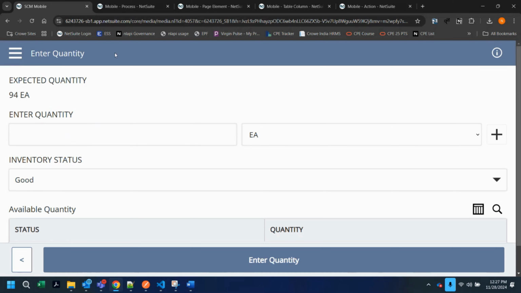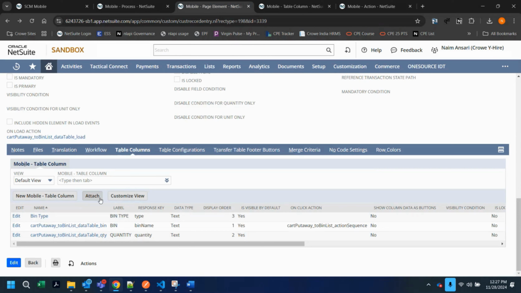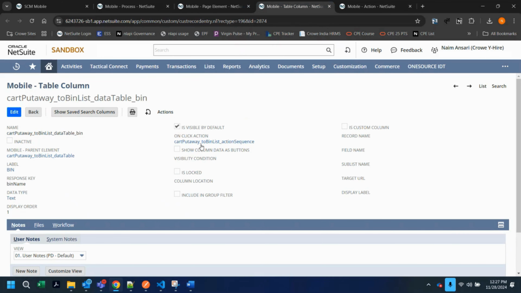Let me show you. So first, this is the data table where we have three columns: bin type, bin quantity, and we have a hyperlink option on the bin type. So we can check that on the on click action. So we have an on click action on the bin column. Once we open this,